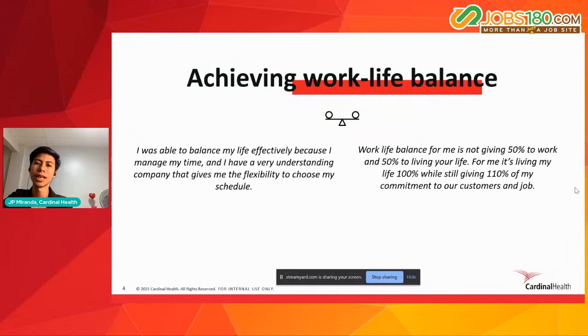Also, I made sure that I understood very well that time is an essential resource that I have to utilize effectively. Otherwise, I wouldn't get anything done. And I guess another factor is the fact that CHIP, my company, has always been big on ensuring that the mental health of everyone is kept in check and that everyone has the right support system to get through the rough times. I also want to point out that I have a very understanding company that gives me the flexibility